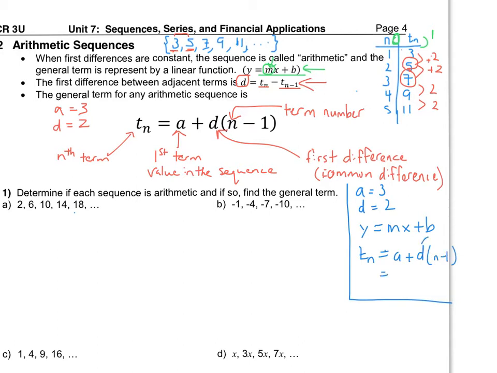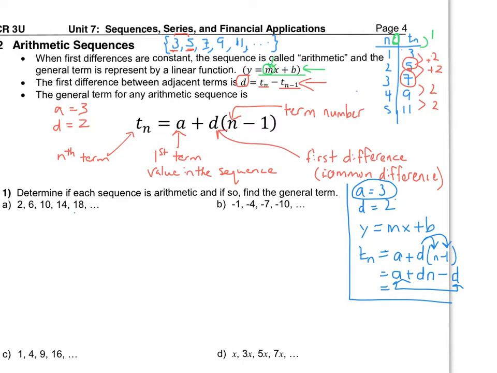Now, if I were to expand this through, here's what's going to happen. I'm going to have my initial value of A, my first term's value, plus d times the term number, and then take away d, if I expand that out. Now, if I put these two things together here, if I do A and I subtract D, what I'm really doing, I'm going to slide to yellow because I haven't